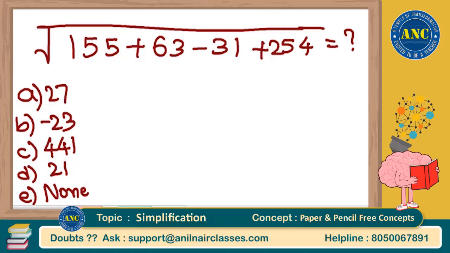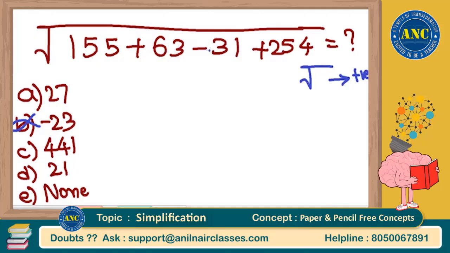Now, I already told you in my multiple previous classes, square root function will always give me a positive value. Negative value you can directly eliminate. Minus 23 is directly ruled out. So if I simplify further,